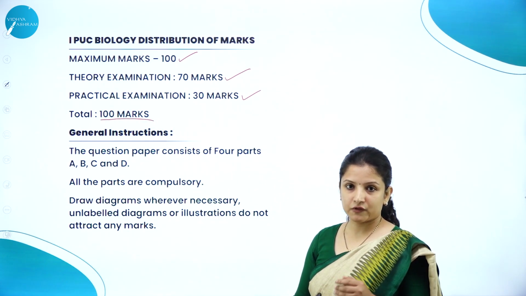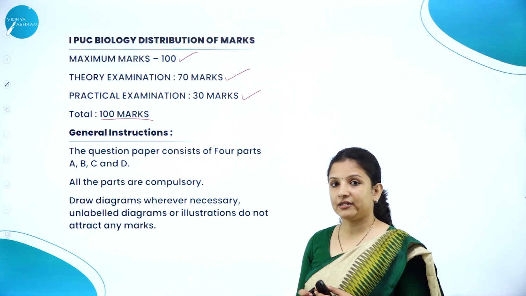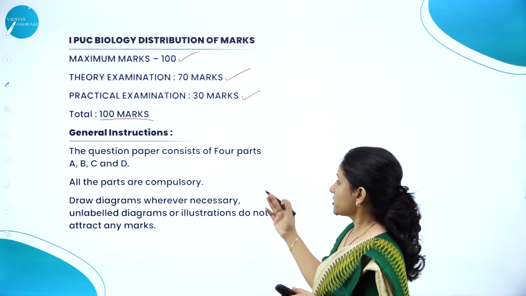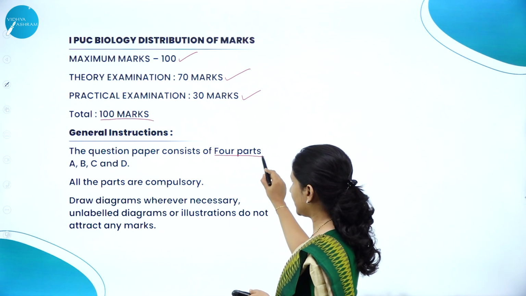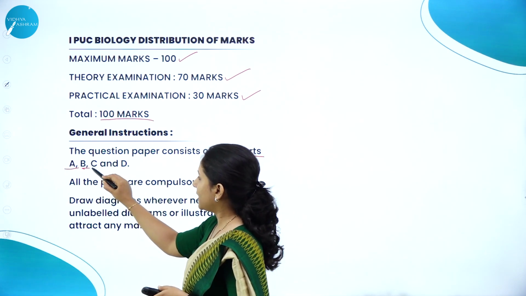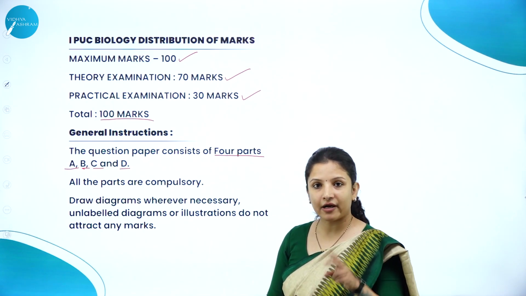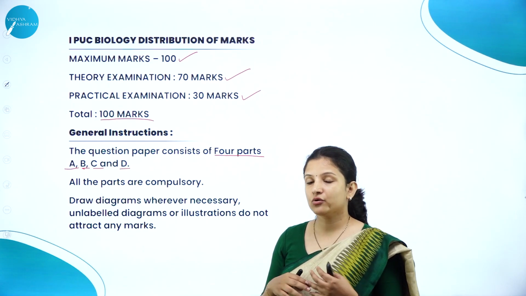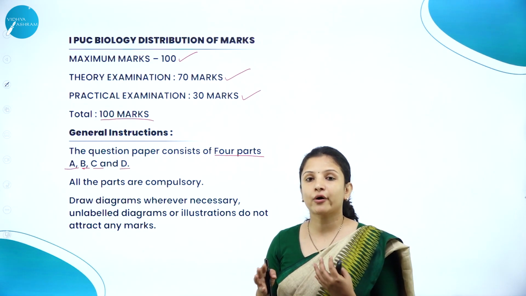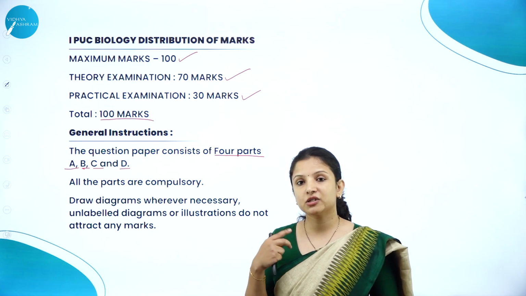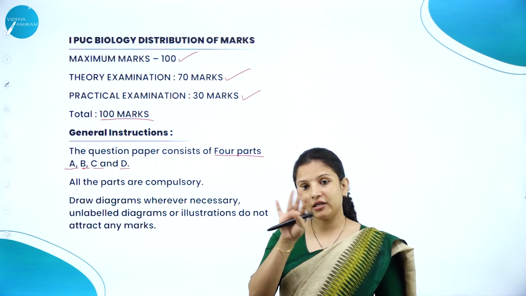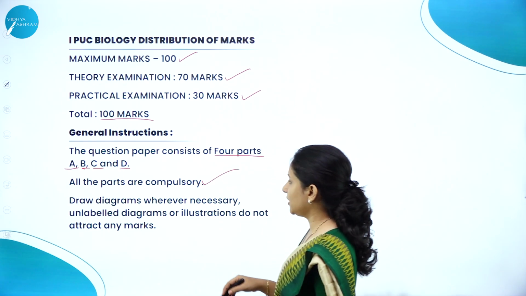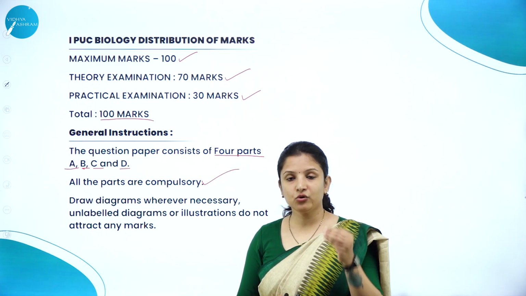And you have to remember some of the general instructions that you need to follow while writing, be it theory or practical. So the question paper, this is for theory, consists of 4 parts, that is part A, part B, part C and part D. Again part D is divided into 2 sections. So we'll look into that later. And all the parts are compulsory. It's not that you can skip any one part, because there will not be choices between the parts. There are only choices between the questions, or in one section they will give choices in the mains, but you cannot skip the whole part. So all the parts are compulsory, and wherever diagrams are there you have to draw the diagram,